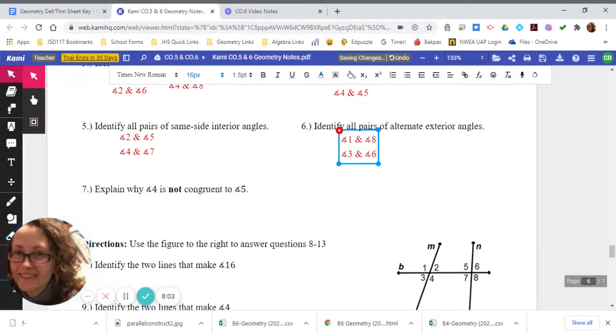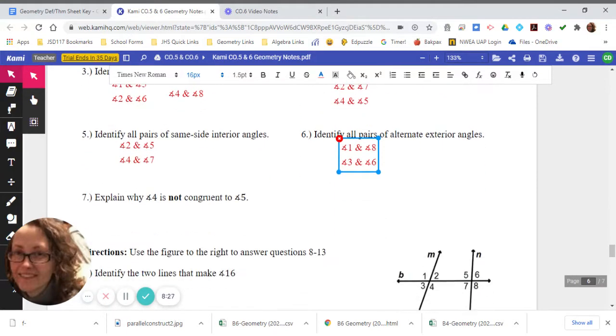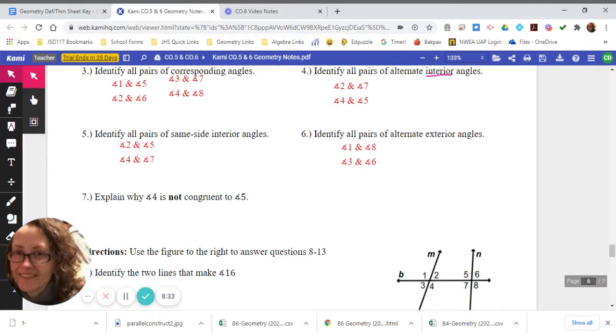So they want to know here in question number 7, why is angle 4 not congruent to angle 5? Well, angle 4 and angle 5 could be congruent if I knew that M and N were parallel, but I don't. So I would say that 4 is not congruent to 5 because,